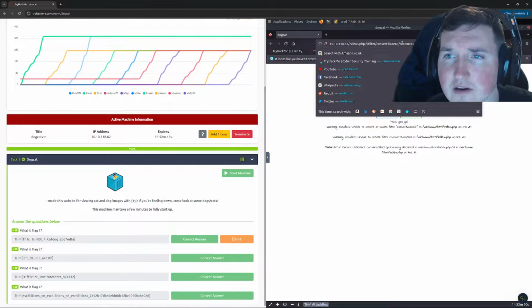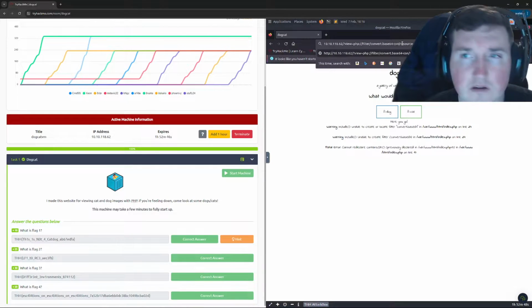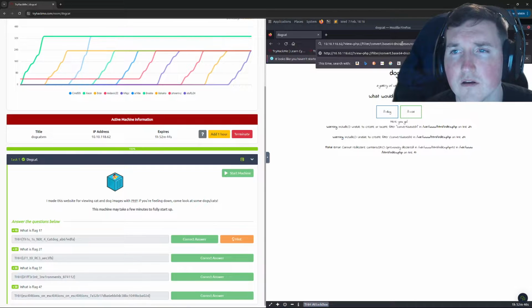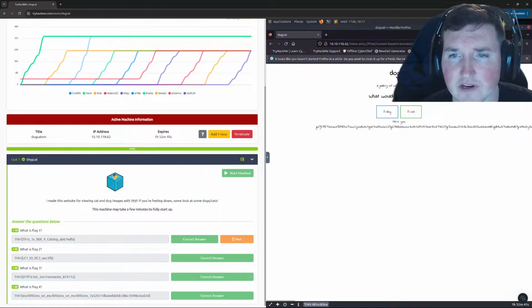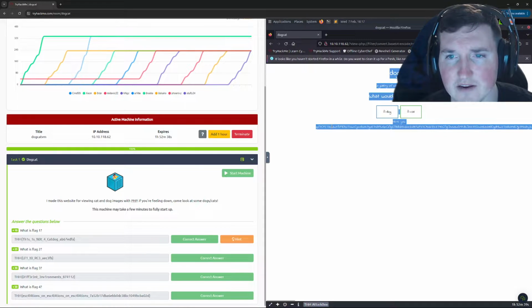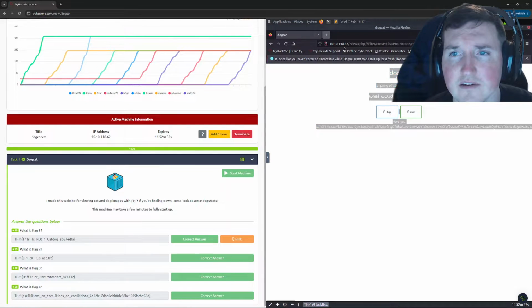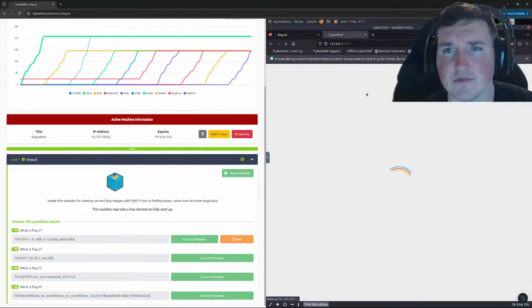That's on me. If I could type, encode. Okay, and there we go. So now I just do Control A, copy all of that, go to CyberChef, and you can do this command